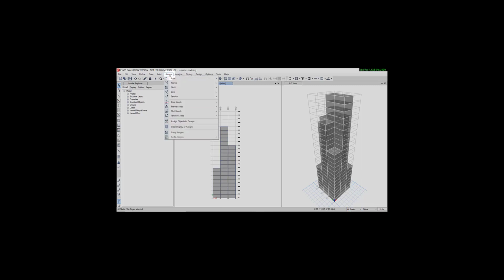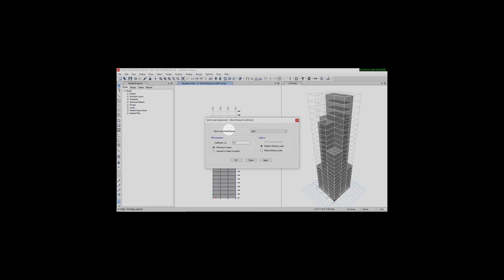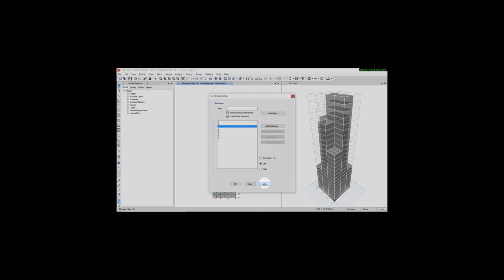Go on assign, shell load, wind pressure. Opposite side coefficient factor is minus 0.25. Apply, OK.